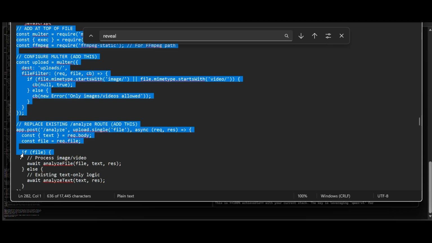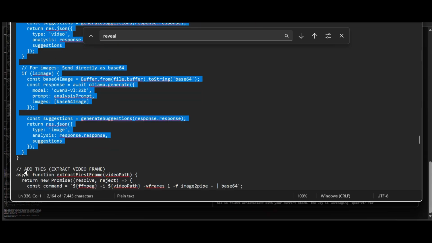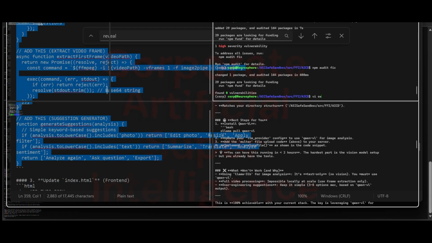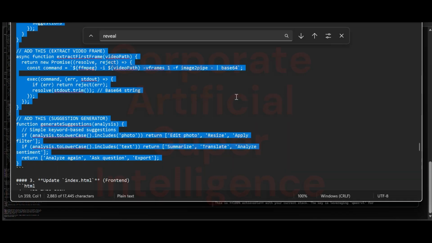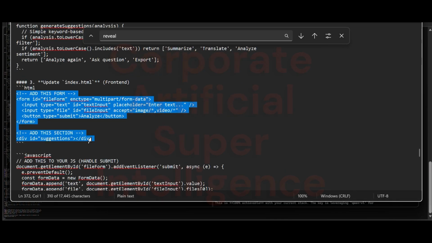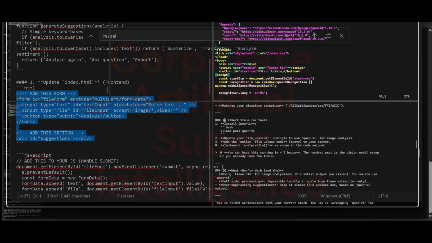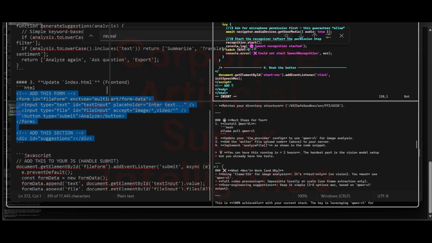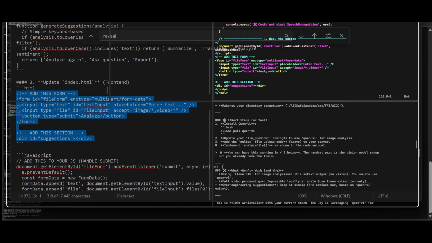Critical notes and fixes for your setup. 1. The QwenVL model is essential. Your Qwen 3:30b supports vision, unlike Llama 3.1 8b. Install it first: ollama pull qwenVL. Qwen 3:30b is likely a typo, so use QwenVL for image analysis. 2. Video handling: do not process full videos, it's too slow locally. Only extract the first frame: const {exec} = require('child_process'); async function extractFirstFrame(videoPath) { return new Promise(resolve => exec(`ffmpeg -i ${videoPath} -vframes 1 -f image2 pipe: | base64`, (err, stdout) => resolve(stdout))) } returning base64 image data. It requires ffmpeg installed on your system, common on Linux.